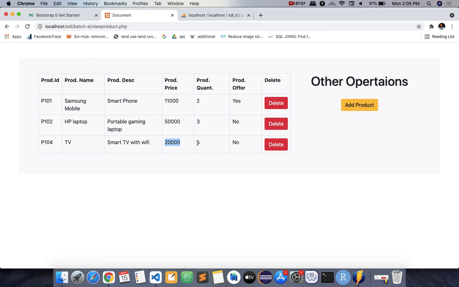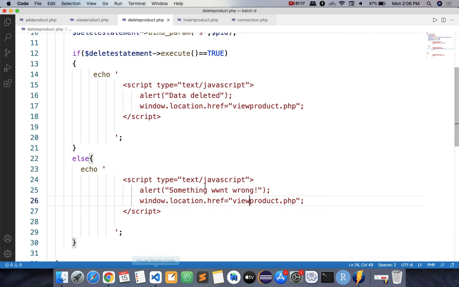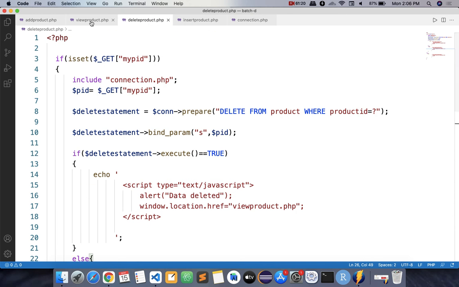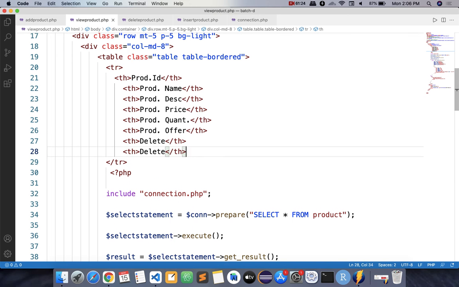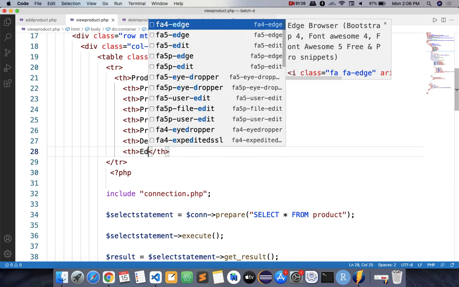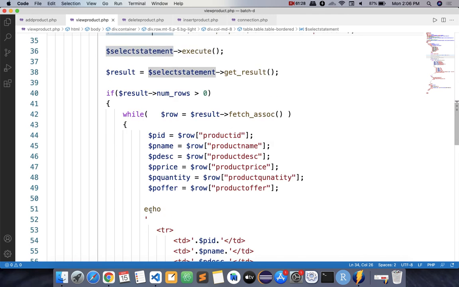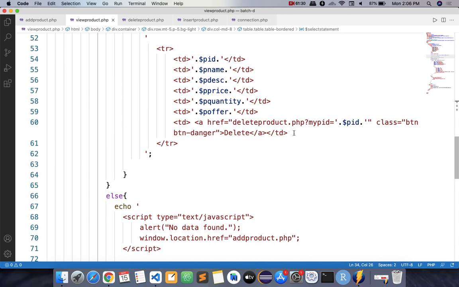price. Okay. Again we need to update the existing record, so I'll create one more button here to update or edit the record. So where do we have to do that? In the view product, so we want one more column whose name will be, suppose, edit. Okay, again here the same link has to be added.